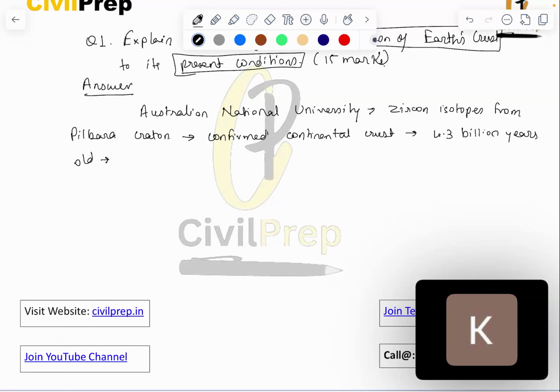This is one of the parts provided by the Australian National University. In a similar manner, there is another data present here with respect to NASA's InSight mission, which also says that the Earth's crustal thickness and structure